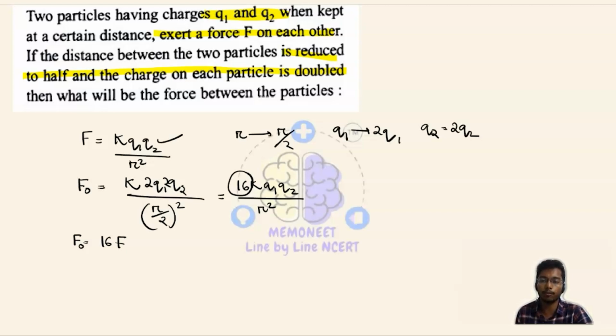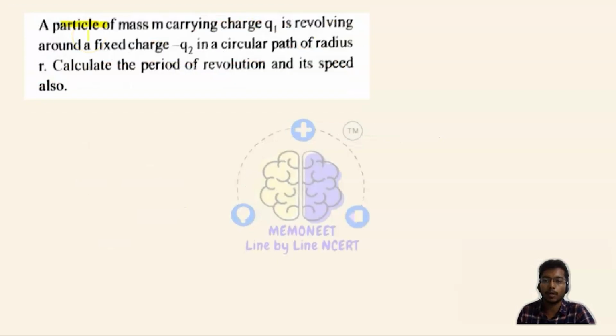Okay, as we have force is equal to K Q1 into Q2 upon r square. So this is the force, and it is 16 times the force. Okay, so the answer will be 16. Solve another question. A particle of mass m carrying charge Q1 is revolving around a fixed charge minus Q2 in